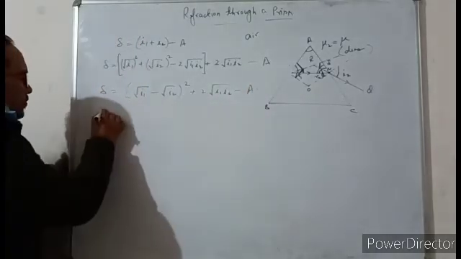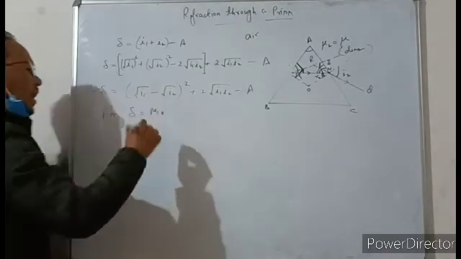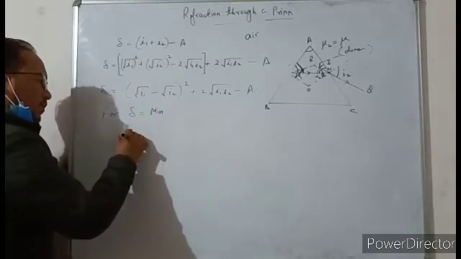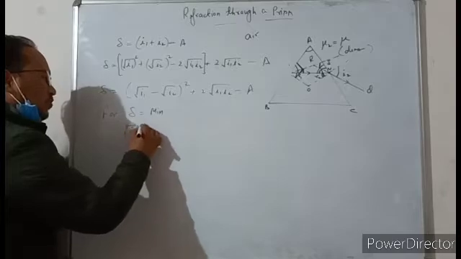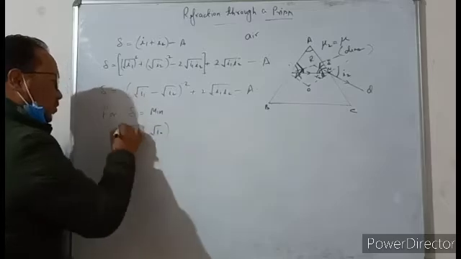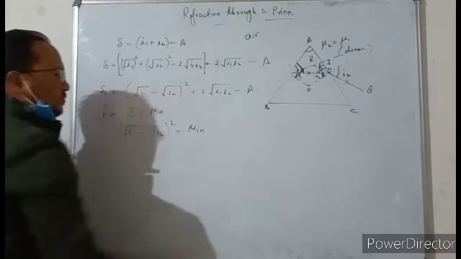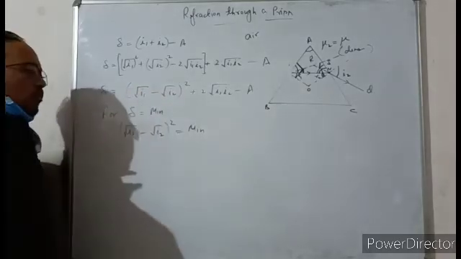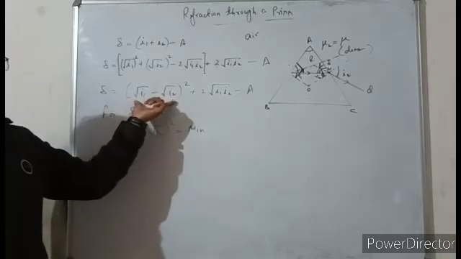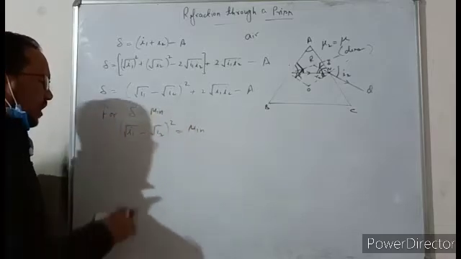Now for delta to be minimum, for delta to be the angle of minimum deviation, for that root I1 minus root I2 whole square should be minimum. ये मिनिमम होना चाहिए स्टूडेंट्स। अगर ये स्क्वायर वाली टर्म मिनिमम हो जाएगी तभी हम ये कह सकते हैं कि जो एंगल ऑफ डेविएशन होगा ये मिनिमम होगा।